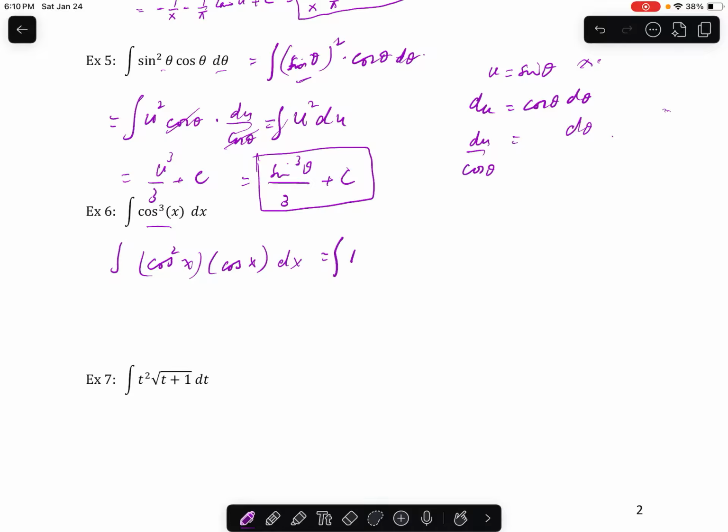Yes. Why or how? Well, the Pythagorean identity. So you can write cosine squared x as 1 minus sine squared x, and then multiply by cosine x dx. We don't even need substitution here. So this is going to, well, I take my words back. Okay, let me come here. So this is going to be